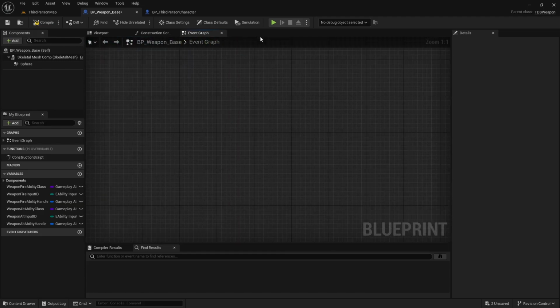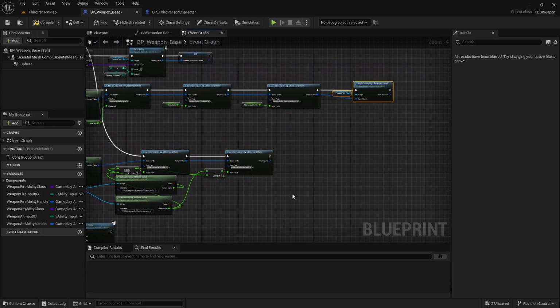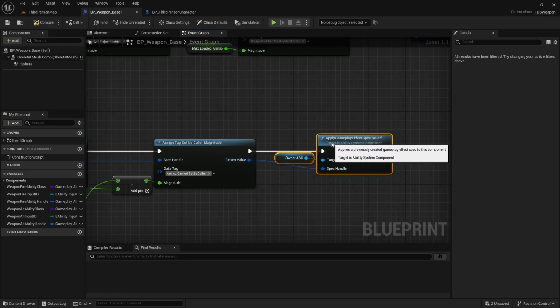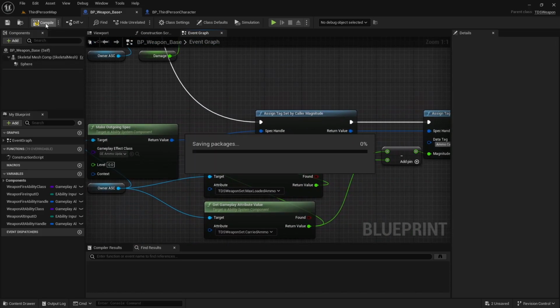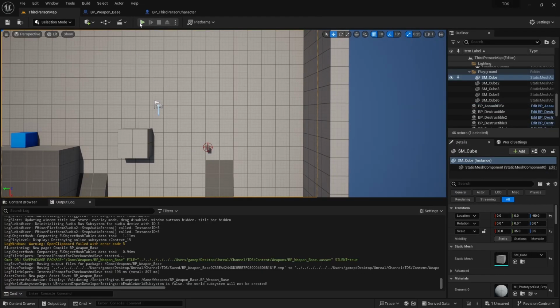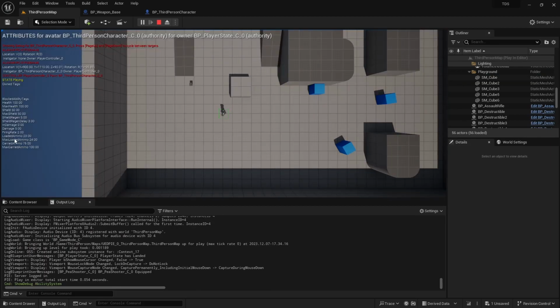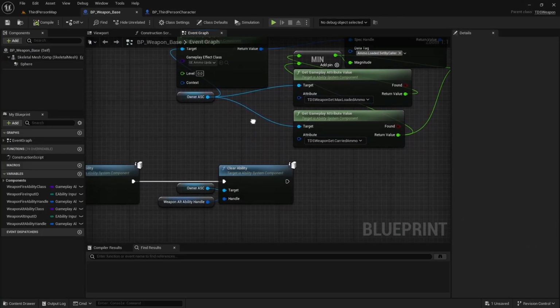And lastly, we need to also apply gameplay effect. It's all connected. I hit compile, I go in here, I run, open up the show debug. Oh, I left clicked. You can see that loaded ammo was set to the max loaded ammo and subtracted from carried ammo. Similarly, when we unequip the weapon,